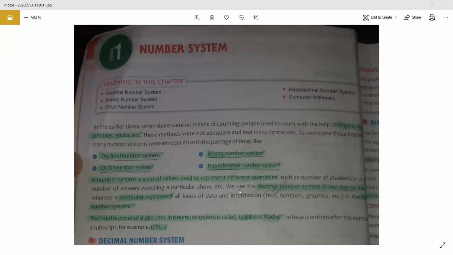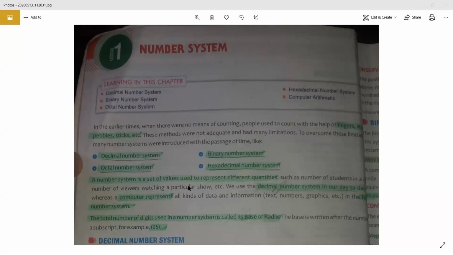Okay, so beta, in the number system, like I told you, in ancient times there were no means of counting, so people used what? Their fingers, stones, wooden sticks. Okay, so these were not adequate, because if you have to handle a large amount of data at that time, it was not adequate,